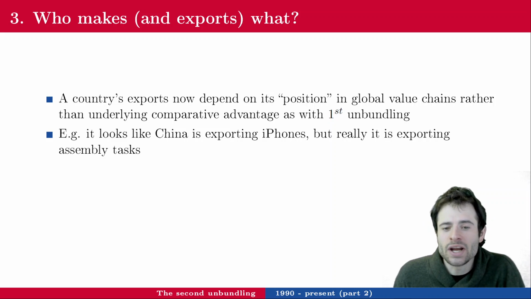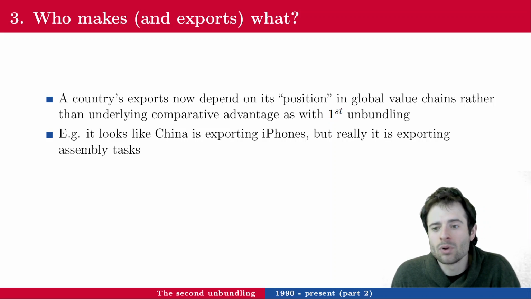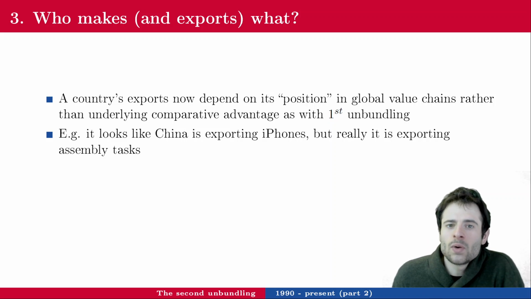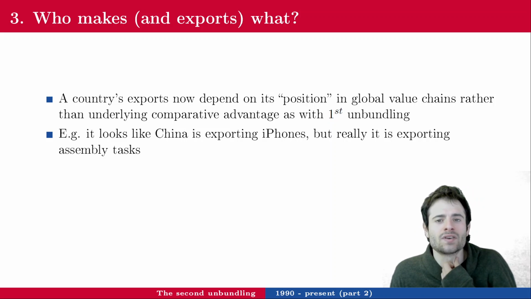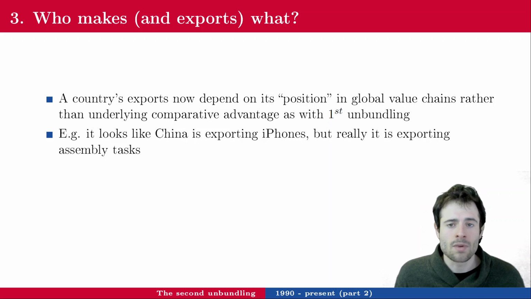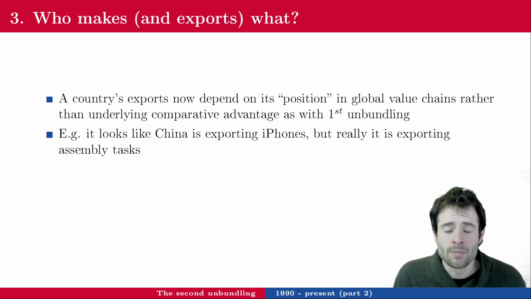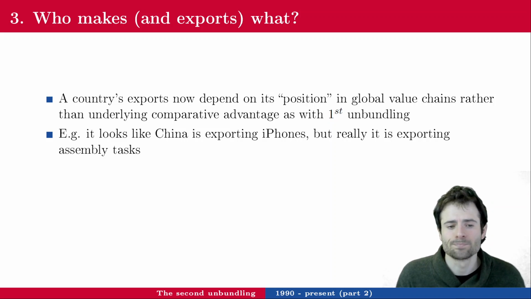So it looks like China is exporting iPhones because they are assembled there, but mostly what they're exporting is the assembly part. All the other parts are produced in different countries in the world. Remember, some of them are produced in France. I believe the geolocalization system is produced in France and Switzerland. Some of the chips are made by Samsung, the screens by LG. Some chips are made in the US. I believe it was in Oregon, and so on.